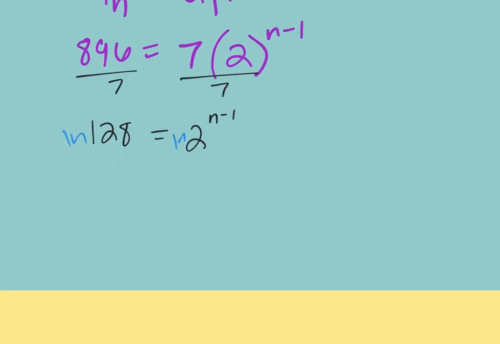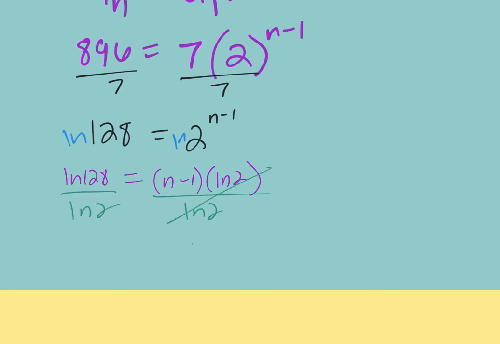ln. You can bump the exponent to the front. ln of 128 equals n minus 1 times ln of 2. Divide, because I'm not going to give you a calculator to do this, but n minus 1 would equal ln of 128 divided by ln of 2, and you get 7. Where did you get